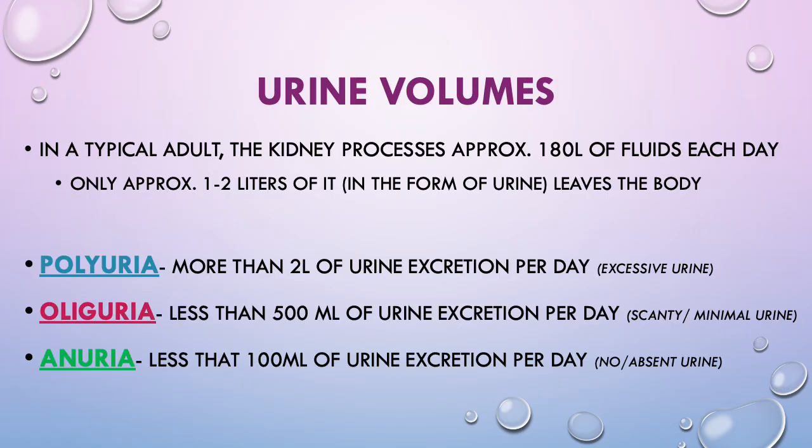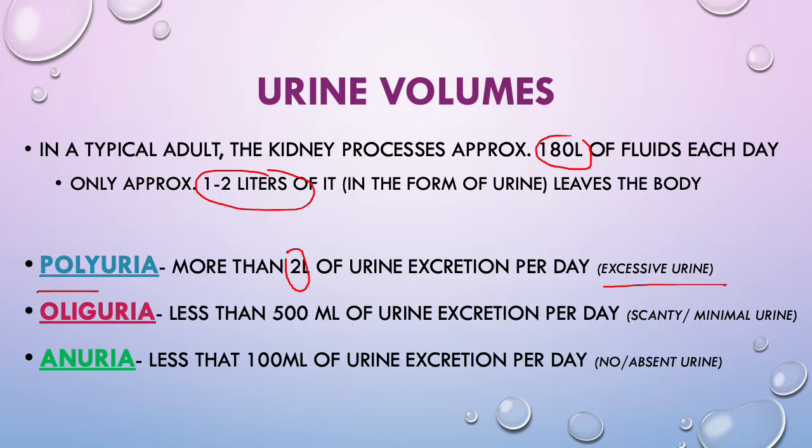All right, so kidney volumes. A typical adult processes around 180 liters of fluid per day, but look how much we only pee out, 1 to 2 liters, okay? So now let's talk about the odds. Polyuria is when you urinate more than 2 liters in a day. We pee a lot, in a pathological way, let's say. It's not normal. If you're drinking a lot of water, well, that can affect it, but if you're not drinking a lot of water and then you're still urinating a lot,